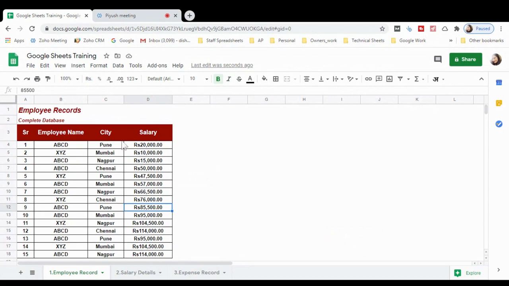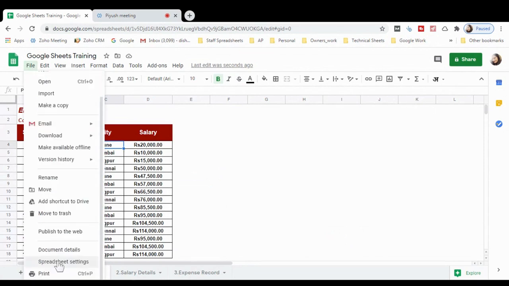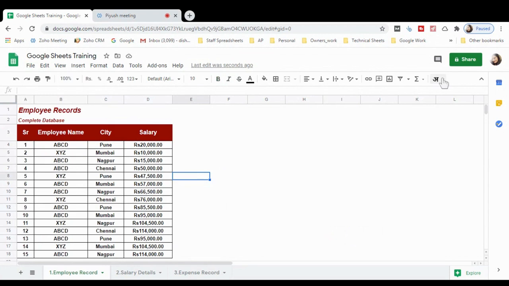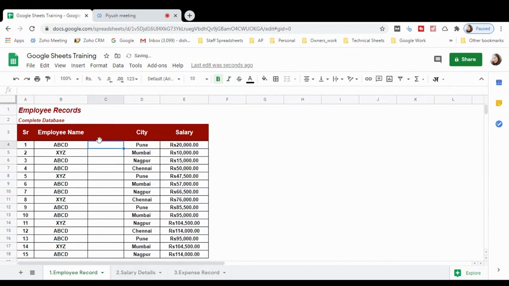Now suppose you want to write particular things in an Indian language like Hindi or Marathi. How to do that? As you change the spreadsheet settings and select the country India, you can check here that the input tools automatically come up. Now what I'll do is add one column here. Click on the right, click Insert column, and suppose here, for example, again I'll put the city name